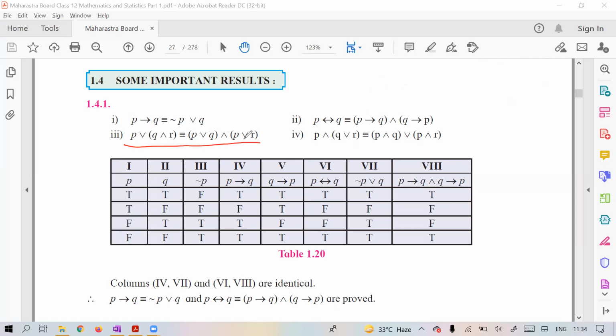You want to prove this? Again, what you can do? You can make the truth table and you can prove. So P or (Q and R) is equivalent to (P or Q) and (P or R). P and (Q or R) is equivalent to (P and Q) or (P and R). Okay. Now,